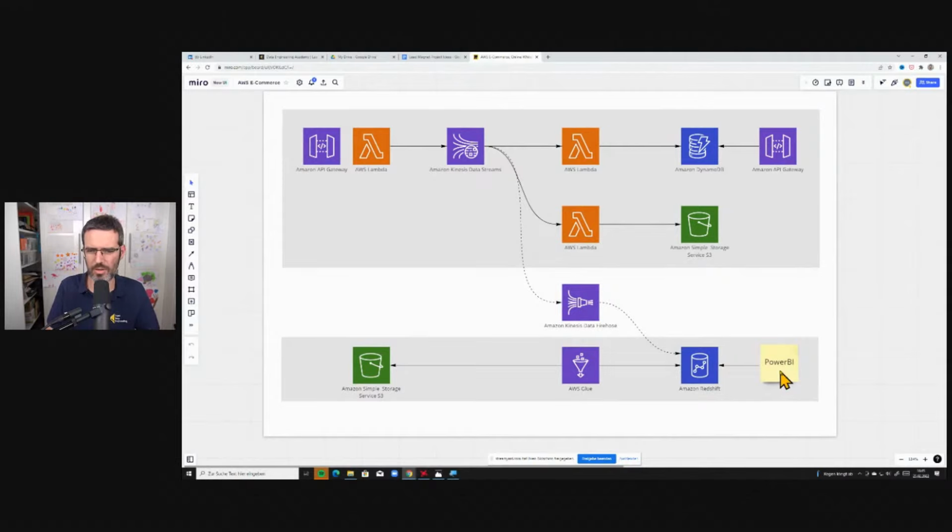A lot of people work on the lower part with the data warehousing and ETL, and also people work on the upper part that is more transactional, more of a streaming part. And then you can combine these like I did, that you say, okay, I'm taking the data from the data stream and I'm automatically feeding it into my data warehouse with, for instance, Kinesis Firehose.